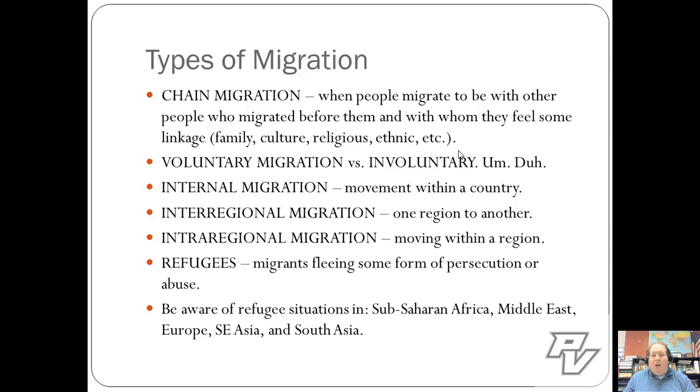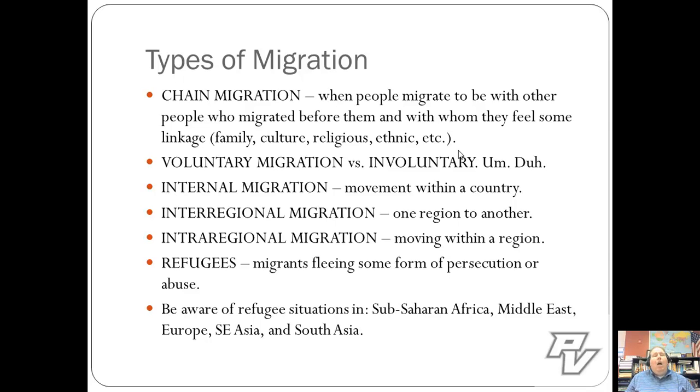Do know the difference also with internal migration and the two types of internal migration. Internal migration is when you're moving within a country, like moving from Florida to New York or New York to Florida or vice versa. Inter-regional migration is when you're moving from one region to another, but intra-regional migration is moving within a region. As we've talked about, when we discuss inter-regional migration, one of the most common streams is the idea of moving from rural to urban to suburban, with the occasional move back to rural as a result. So, don't forget about that possibility.